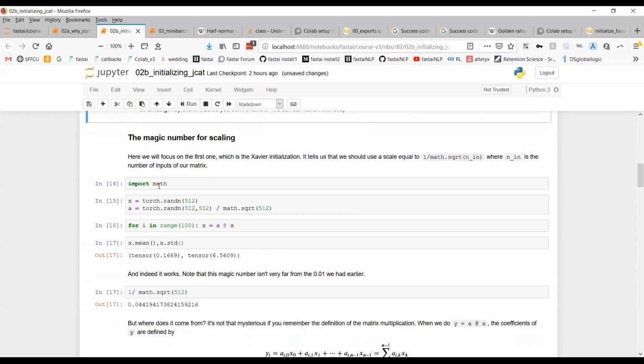And then he goes through this initialization thing. Again, we start with a 512 column vector and a 512 by 512 weight matrix, but he divides it by the square root of 512. That's the trick. And then we run this loop again, and this time it ran all the way through and it didn't blow up. Even we could run it 1,000 times and it'll still